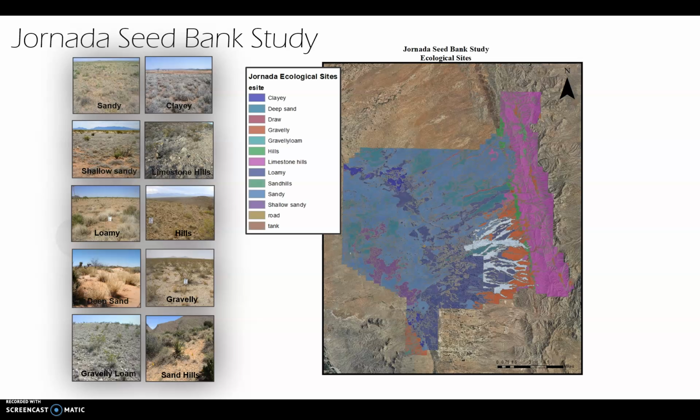Now, we stratified the seed collection, or the soil collection, with the ecological sites. As you can see, this is a map of the ecological sites of the Jornada Range, and we chose 10 ecological sites. There's around 12, but we removed draws and playas because we didn't want an accumulation site that wouldn't represent our most extensive area, which is our sandy soils. And here, the 10 ecological sites are sandy, clay, shallow sandy, limestone hills, loamy hills, sand, deep sand, gravelly loam,